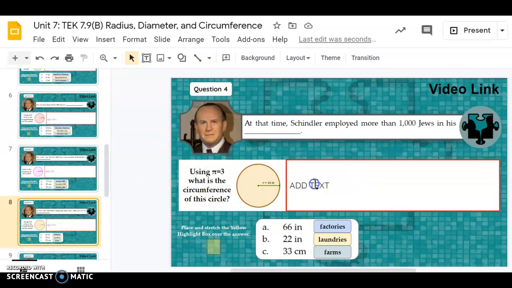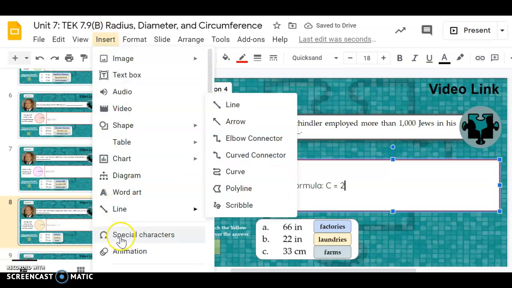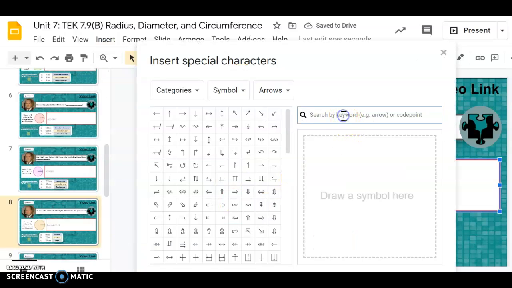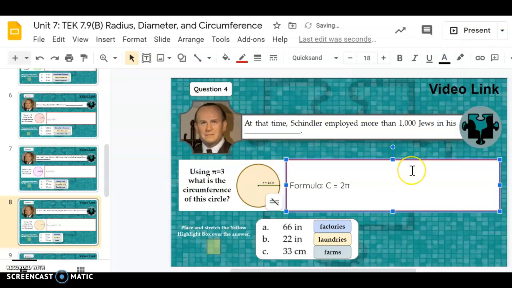So what I'm going to give you here is the formula you're going to use. Your formula is C equals 2, and I'm going to go up here and insert my special character because I think they're fun. Pi r. That's my formula. So my equation equals C equals 2 times, and then pi, this symbol is just going to equal 3 times,